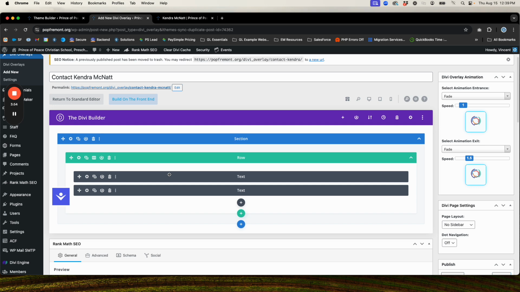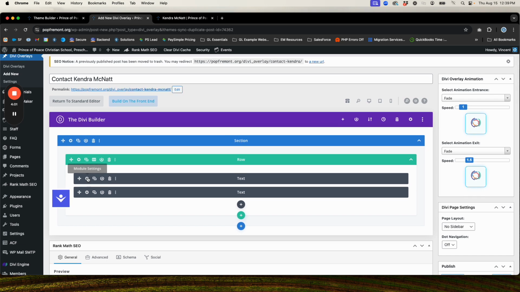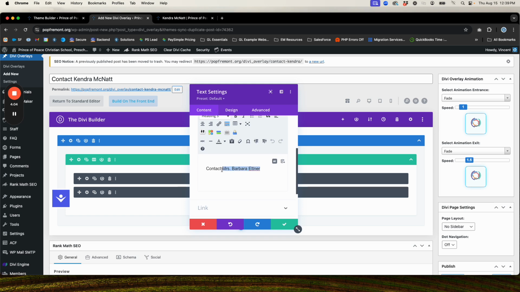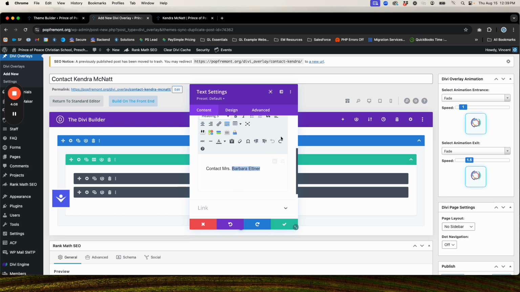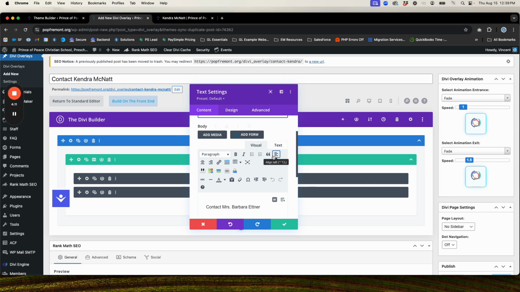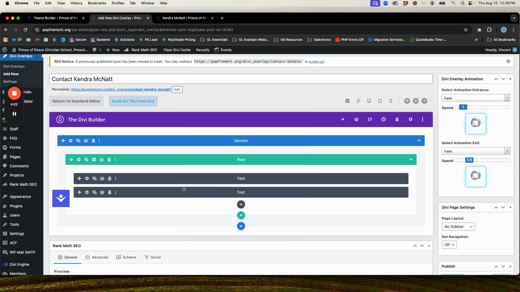So we've imported our layout. Then we're going to have to edit these modules slightly. So click on Module Settings, and we're going to replace the name that's in there with the name of the person that we are putting in. So I'm just going to quickly copy and paste here. So we'll put Kendra McNatt in. So there we have the title. Then we're going to click the green check mark on that,